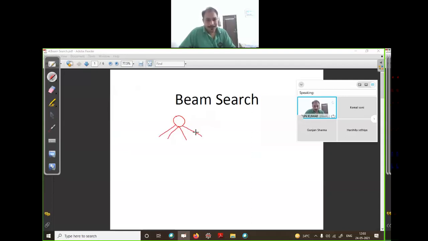Suppose there are 4 branches of a node, and each successor node has some heuristic value assigned, suppose 2, 3, 1, 5. Instead of adding all the successors of that node in a queue, when we remove A, just choose some of the best successors in a queue.